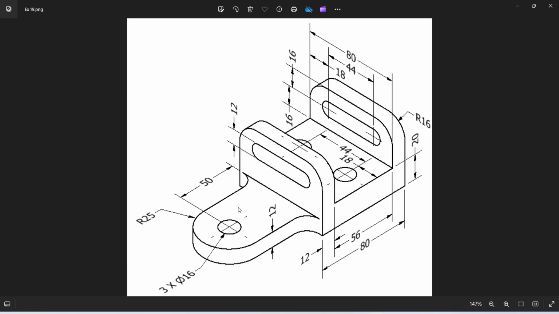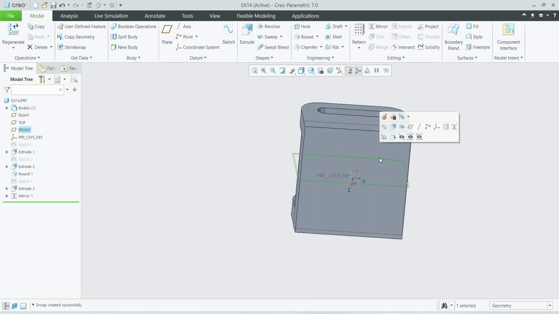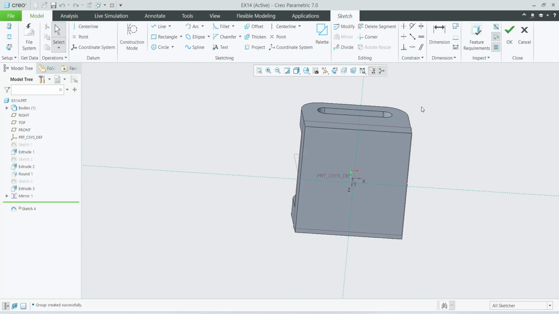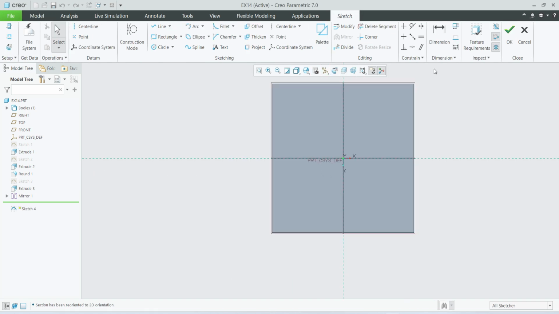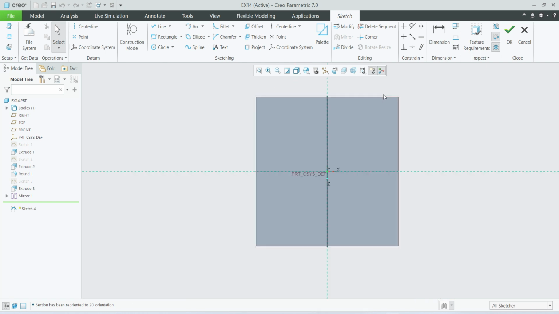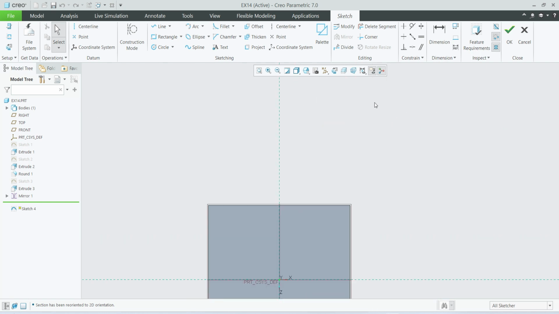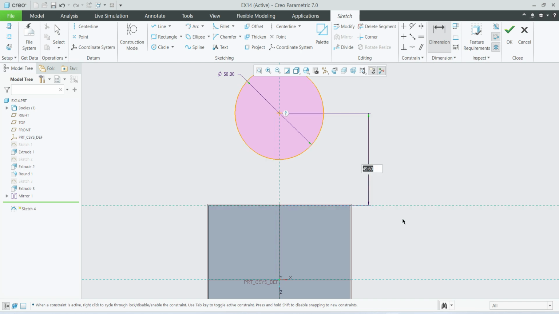Then you can see there is another flange, that thickness is 12, height from the bottom 50 and R25 mm. For that, select this surface, sketch, select line, give the dimension, diameter is 50, select here to here 50,